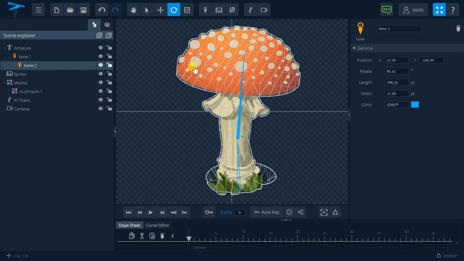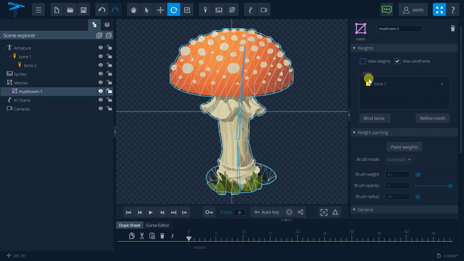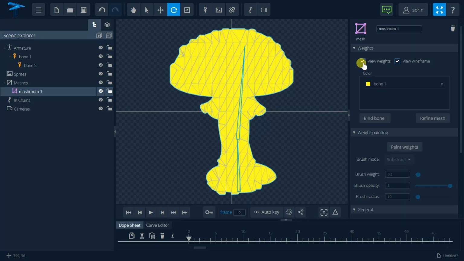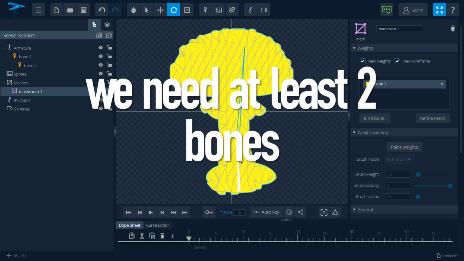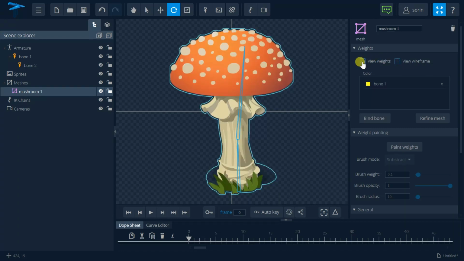Okay, if I'm going to delete a bone from my mesh, let's say I want to delete the second bone from my mesh, then the only bone that will influence my picture will be bone 1. So in this way, the deformation will not have any effect, because I have only one bone that influences my mesh. So that's about it regarding meshes and how you can deform images in order to make